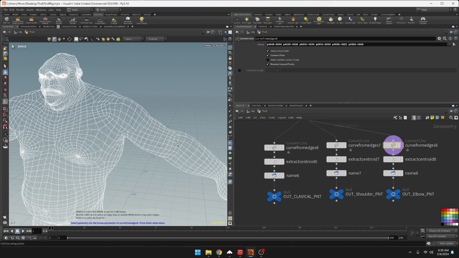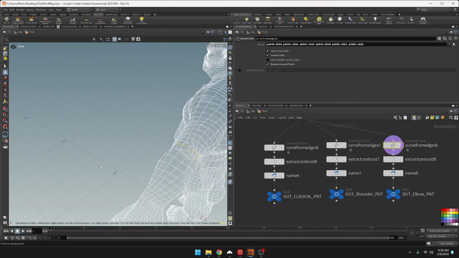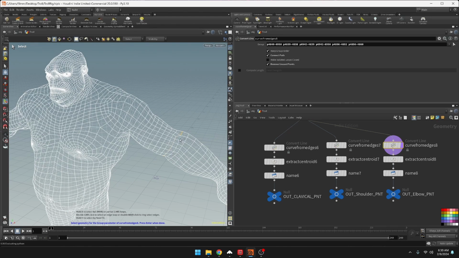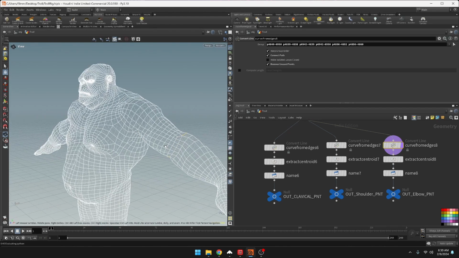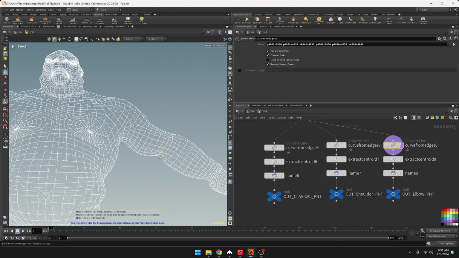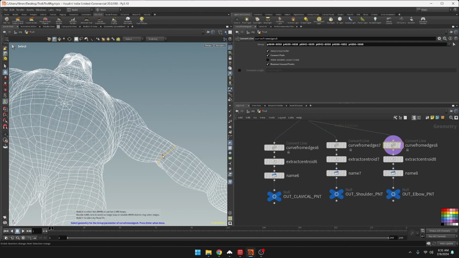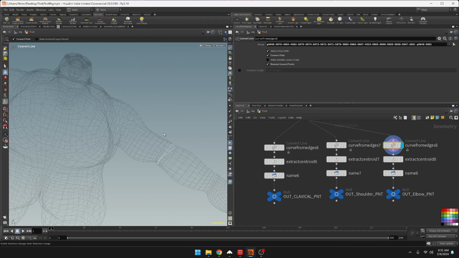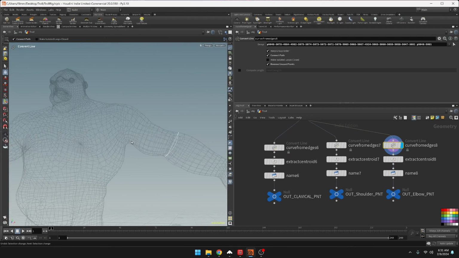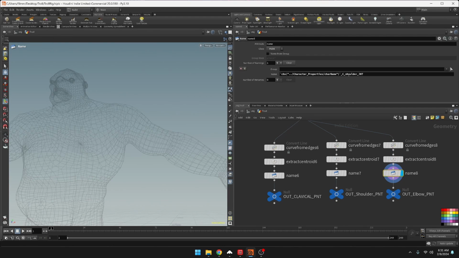So I want it to go on this edge. I'm holding Shift A, and then deselect that, push enter, and we have an edge loop. Get the name, it's going to be elbow,